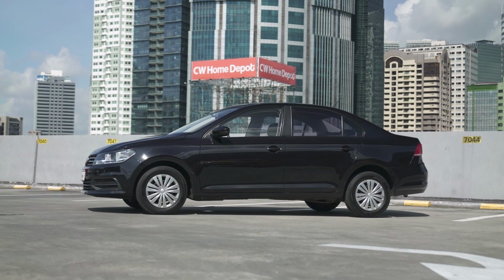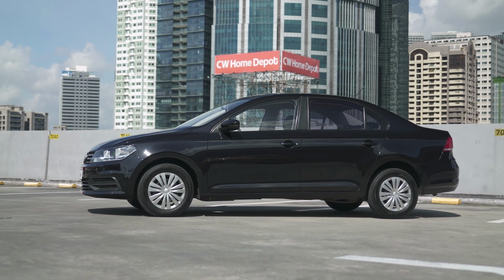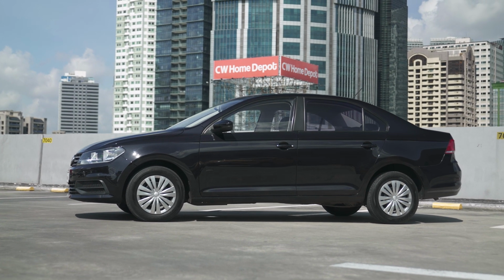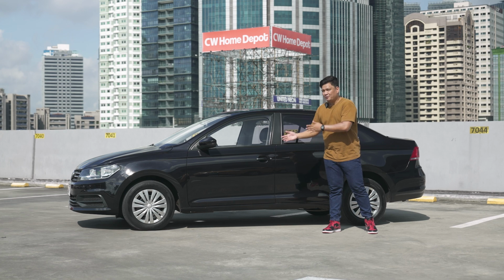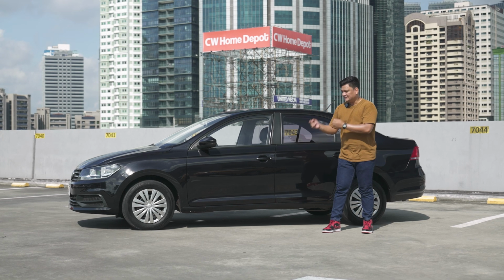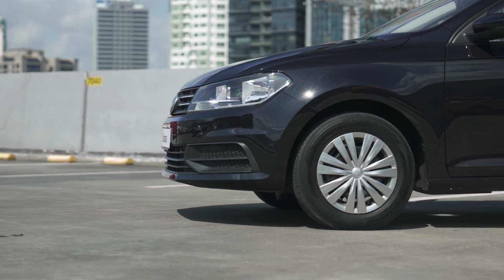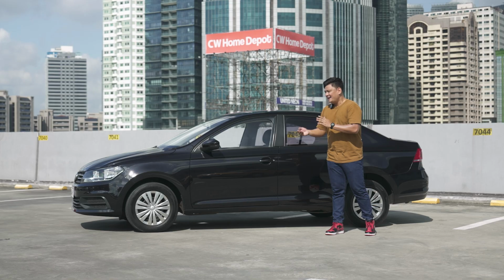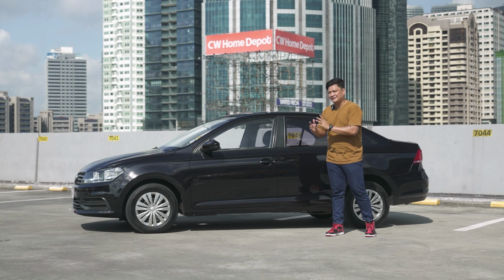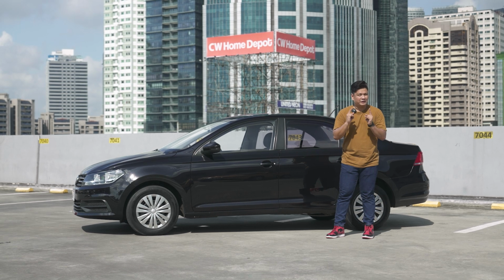Now, heading to the side profile of the Volkswagen Santana, if you ask a kid to draw a car, this is probably what it's going to look like. It's a 3-box design right here with a short trunk and a long hood. That's what she said. Just kidding. This time around, instead of having alloy wheels, you got Steelies, which are 175/70 R14 tires. It's more tuned for comfort and fuel economy than anything else. And I wish it had bigger wheels. Even if it were Steelies, I wish it had 15 inches so I can put in